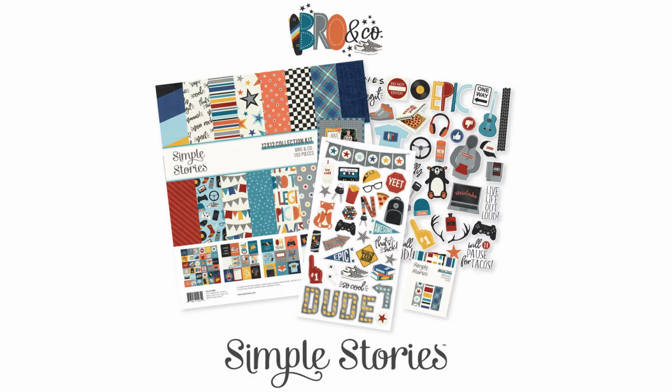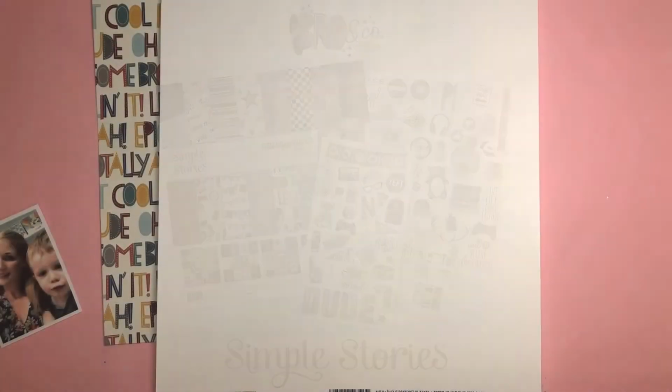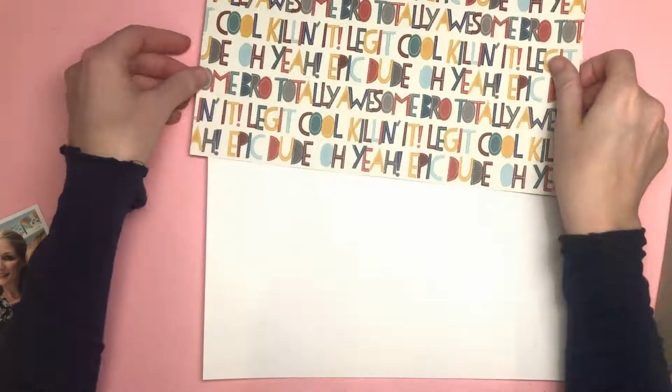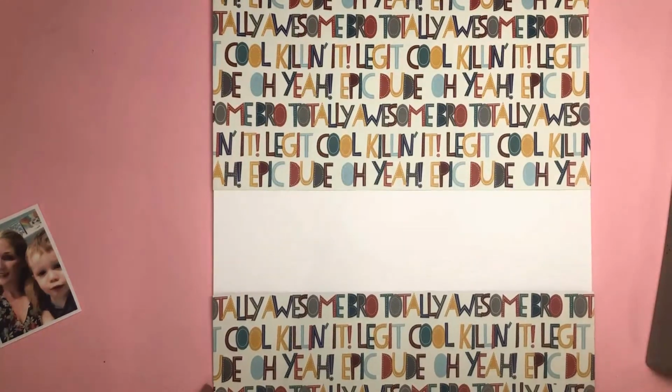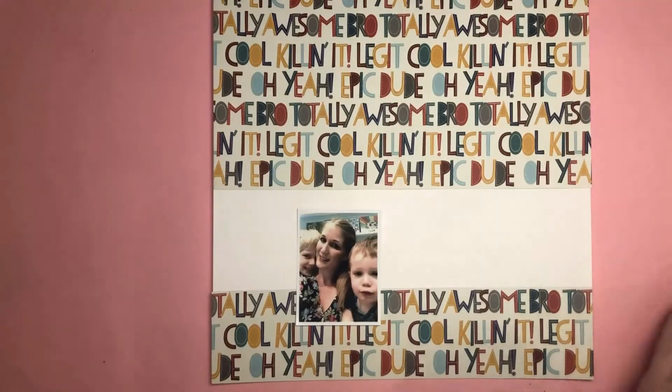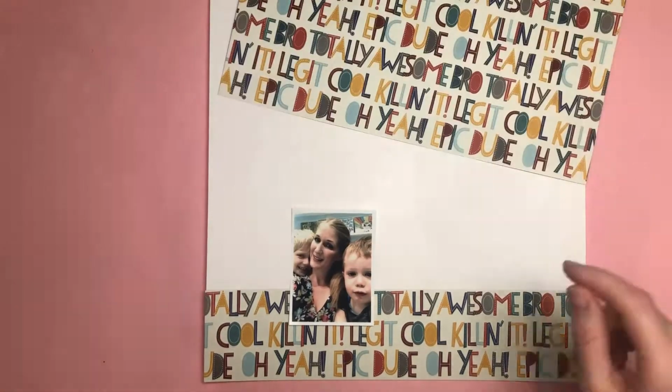I'm using the fabulous new Simple Stories collection called Bro & Co. It's very male themed and more aimed perhaps towards teens rather than young children, and mine are pretty young, but it still works for younger children, young boys as well. So my layout today is about the fact that I have boys and not girls, and I really loved all